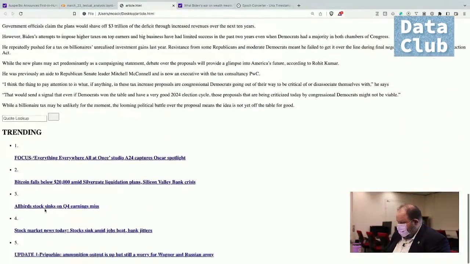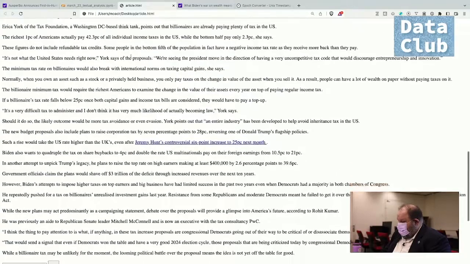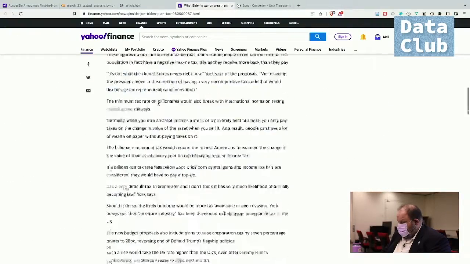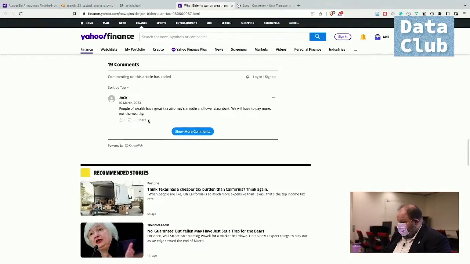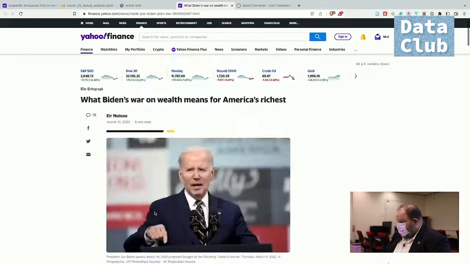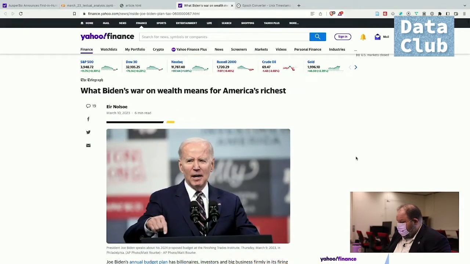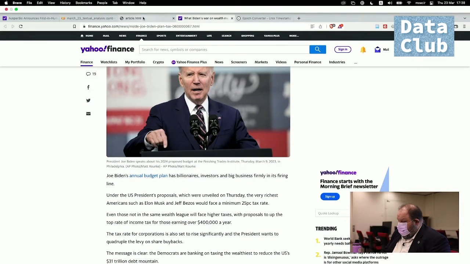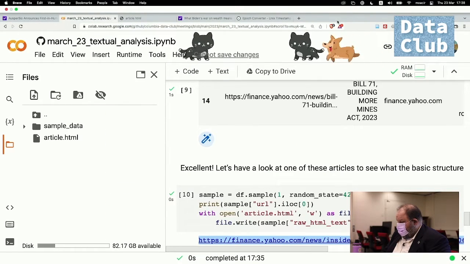And so we see it also has this trending section, but it doesn't include the comments or this other stuff. The comments I wasn't sure about whether it would include it or not, but it doesn't. And it obviously doesn't include recommended stories or any of this other stuff. So I wrote here in the notebook, and we're coming close to time,